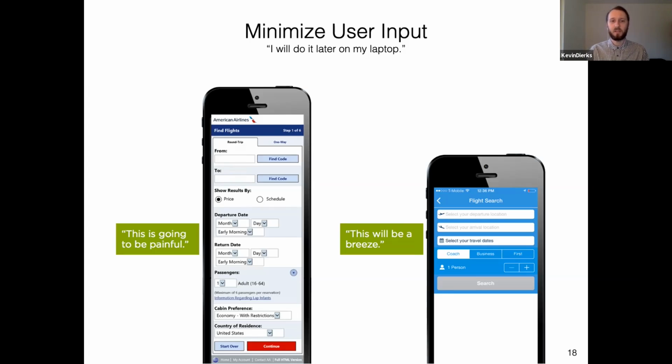So you can see on the left, you have these drop downs, right? Month, day, year. On the right side, you don't see any drop downs anymore. You can, for example, see the coach, business, and first section. And this is a segmented button. So the user can see right away, what options do I have and what do I want to choose? It's just one click compared to the drop down where you have to open the drop down, see what values are behind it, select one value, go to the next one, right? So it's not only about minimizing it, but also making it mobile friendly.